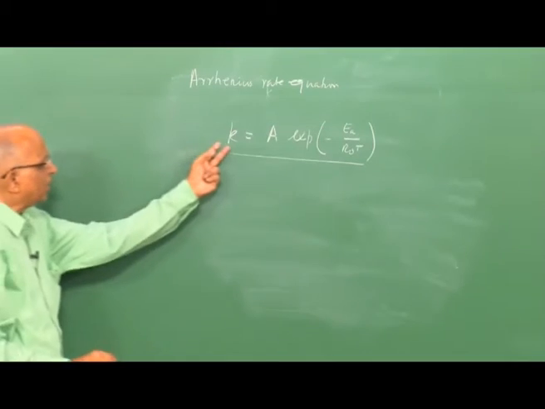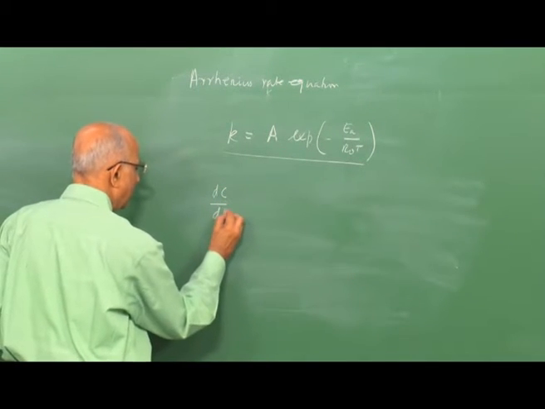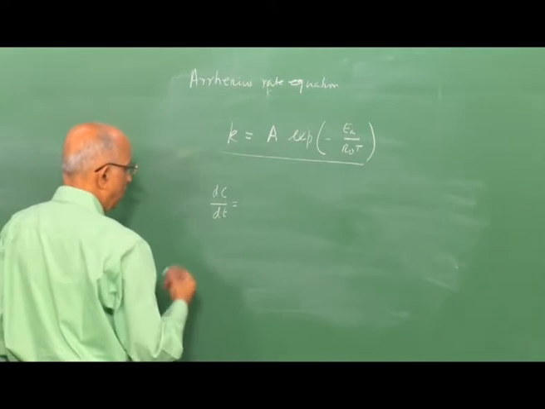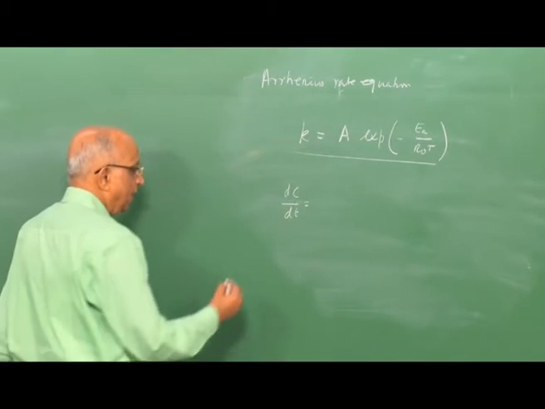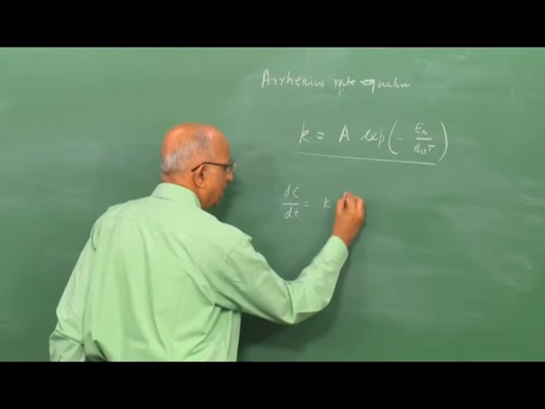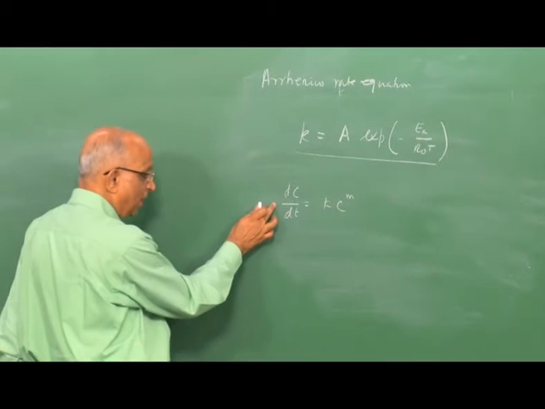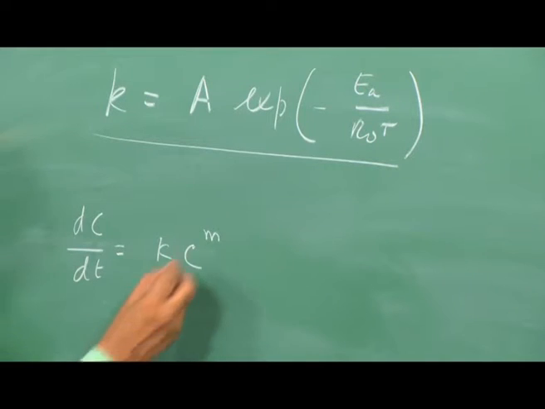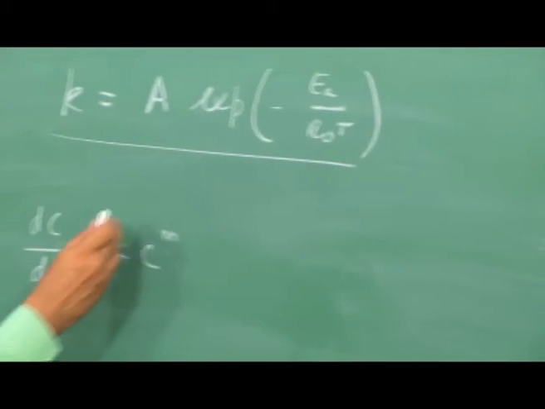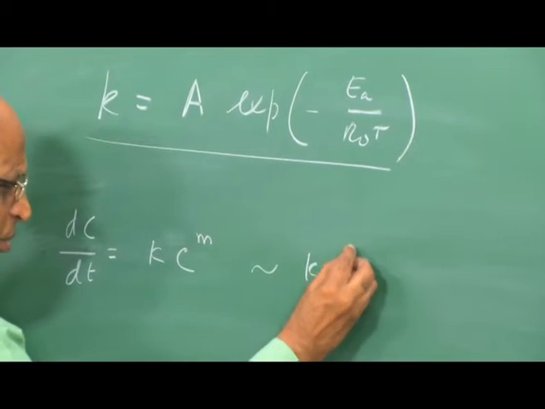If K is represented by this form, the rate at which a reaction takes place, let us say in general dC by dt, we already know by the law of mass action, is equal to K, maybe any reactant, C to the power m. I am just considering some reactant which is being formed, so I am not taking minus dC by dt. The reaction rate is given by C to the power m, where m is the number of constituents reacting together, maybe an mth order reaction, A plus B and so on up to m. In general, most reactions are second order, so it will be K C to the power square.